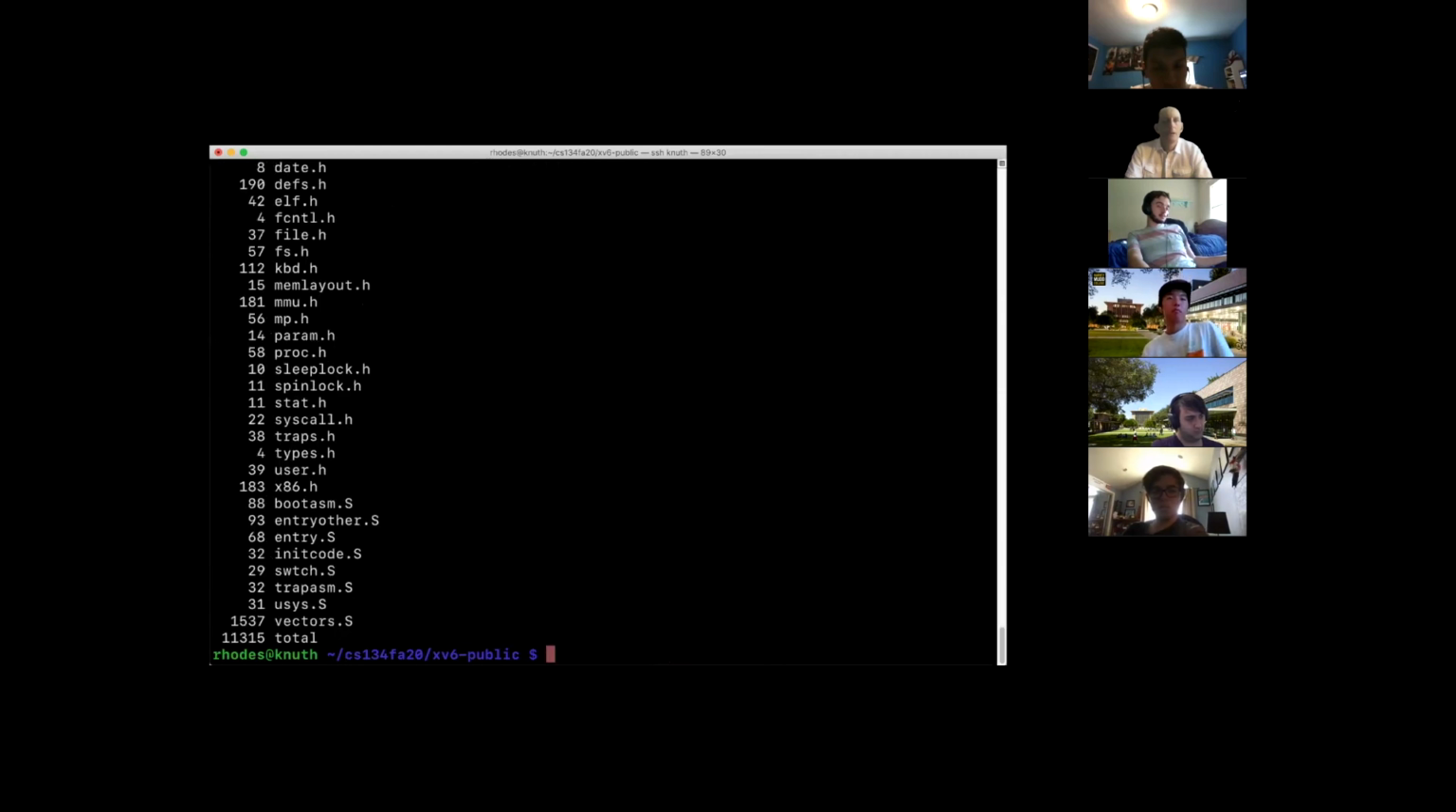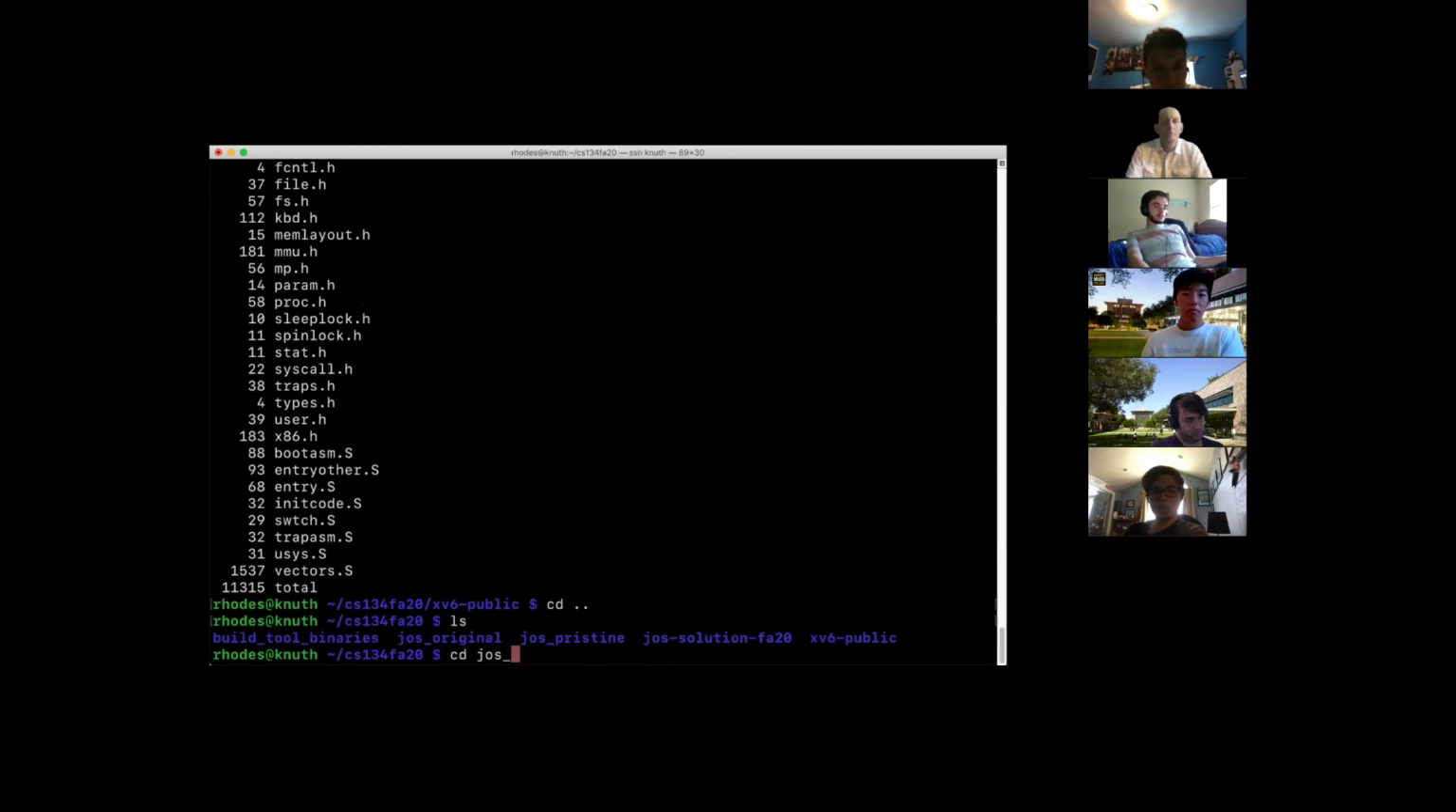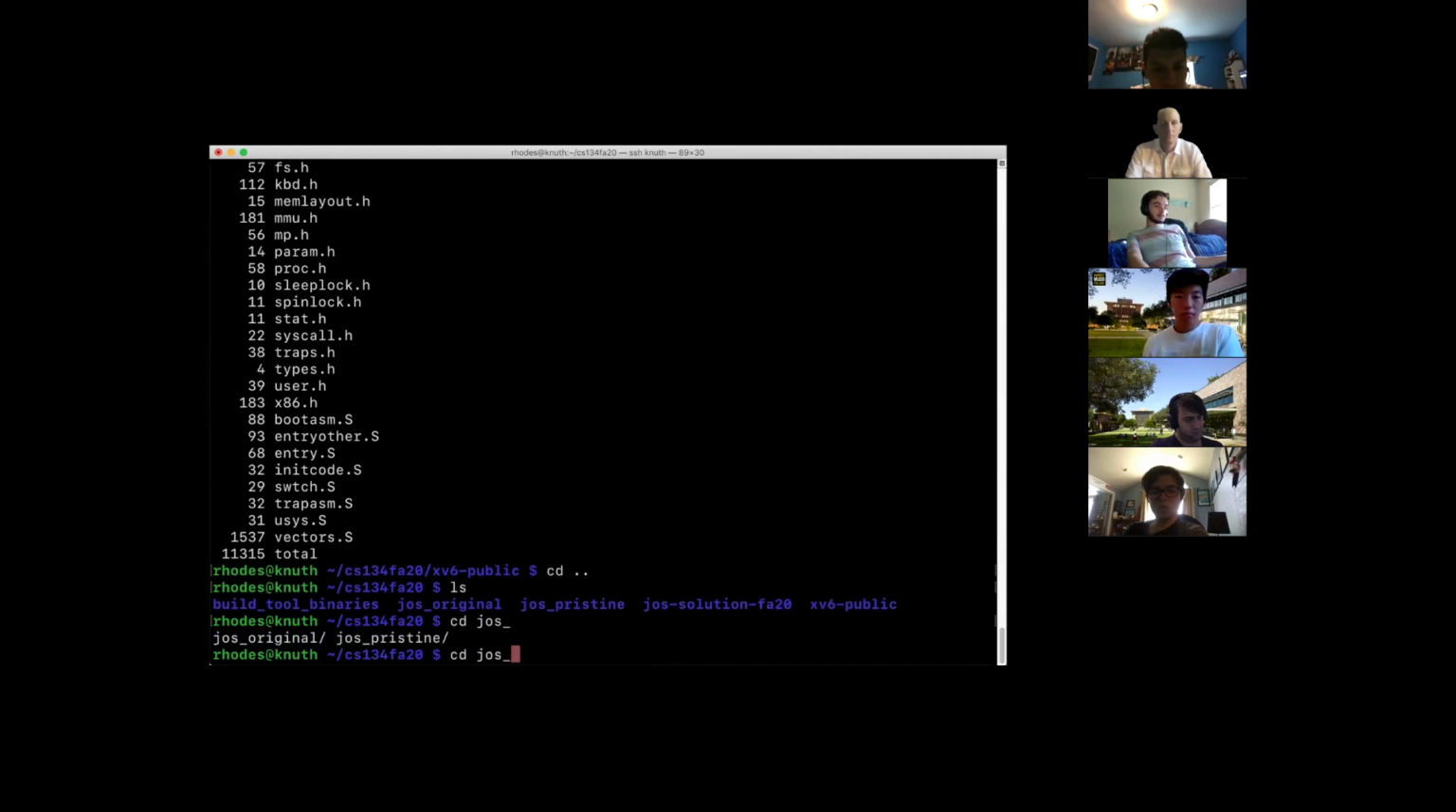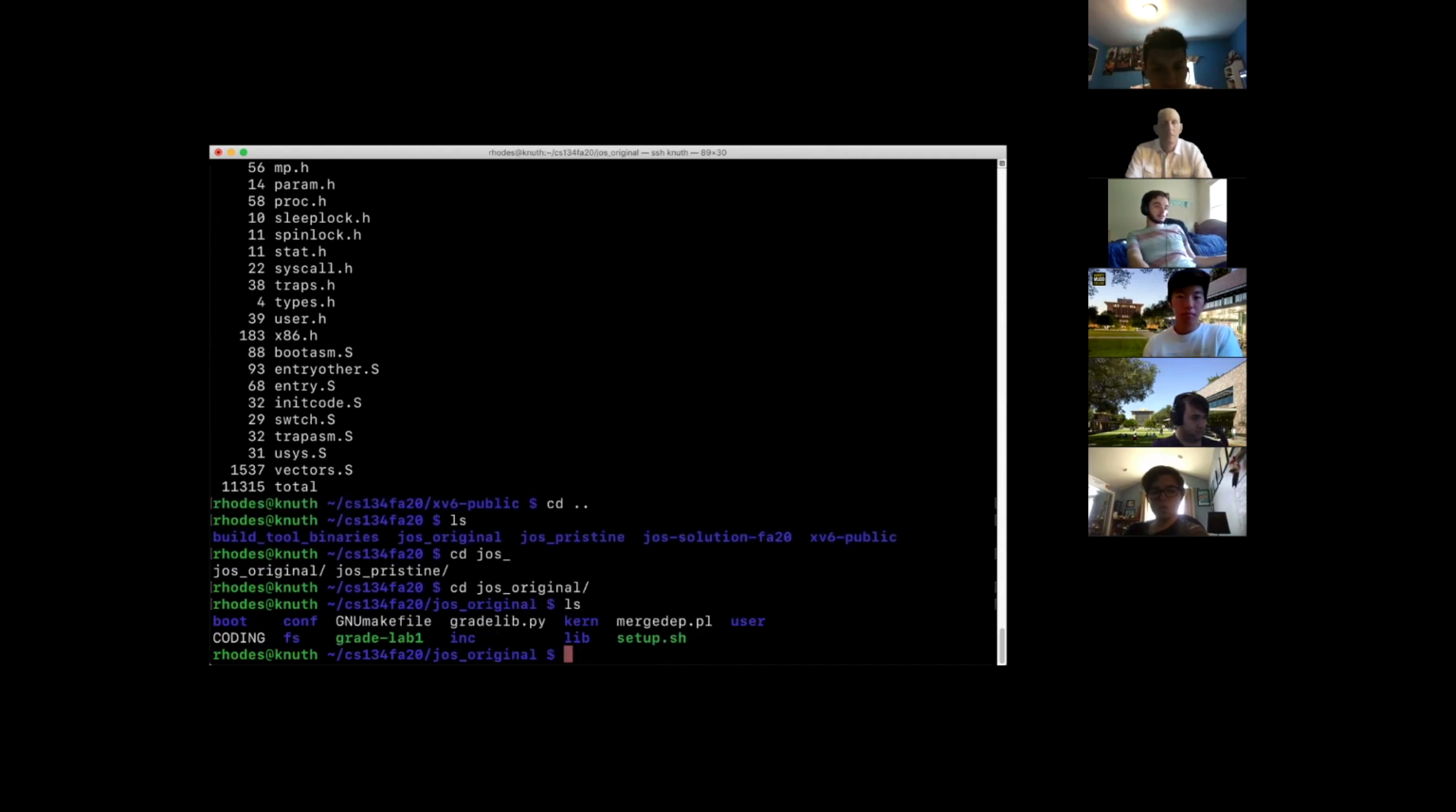So the .h files, the assembly files, and the C files end up to about 11K. So a relatively small program. Let's go up and look at JOS. This is the beginning version of JOS, so what you get as you're about to start Lab 1. So there is other code that would be provided to you along the way. That's not here now. So this is kind of the minimal amount, and this is not a very functional kernel,